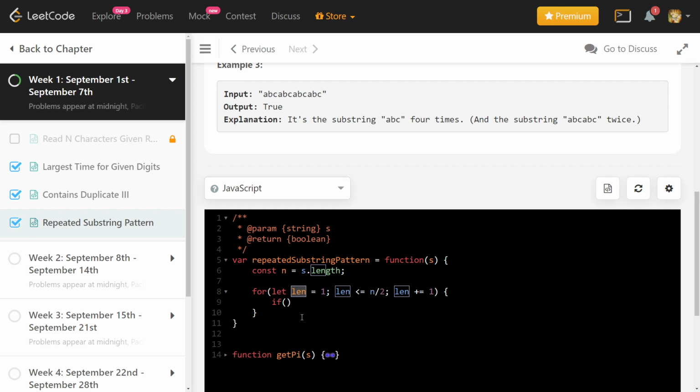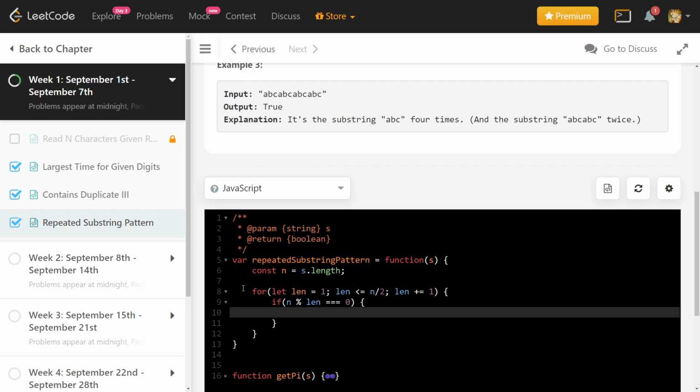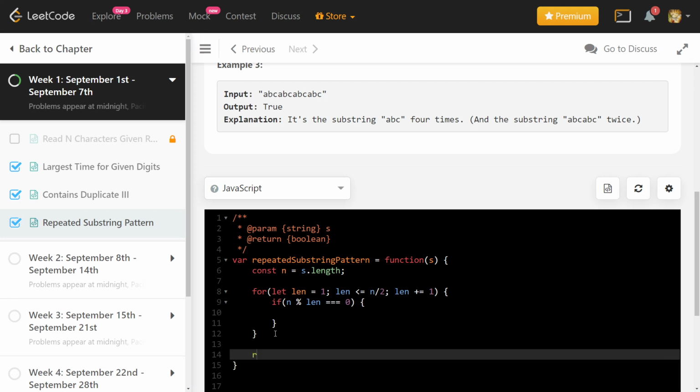But you can't repeat 3 to get 8 because 3 is not a factor of 8. So we will put a check here that n should be divisible by len. If it is equal to 0, only then we need to check something. Otherwise we will just continue with the loop. If we are able to check it, then we will return true. Otherwise we will return false. That means whatever searching we were doing here, we could not find anything, so we will return false.